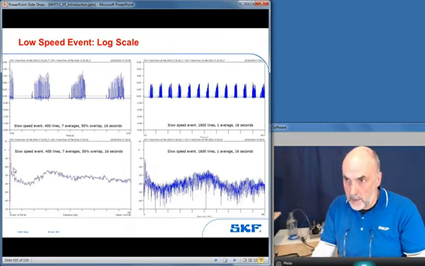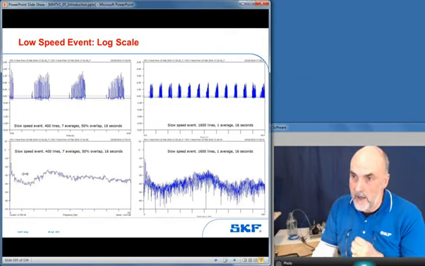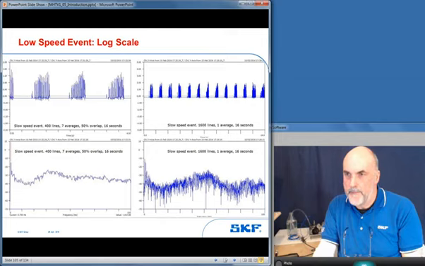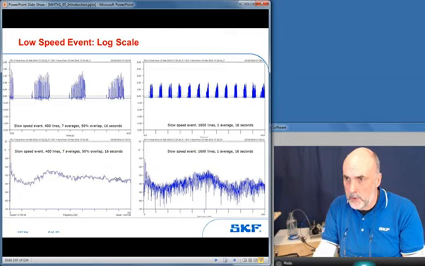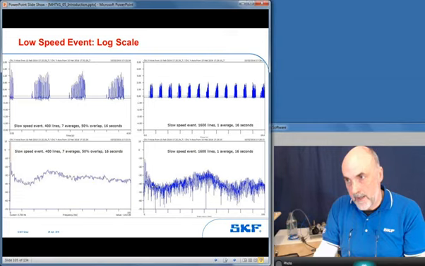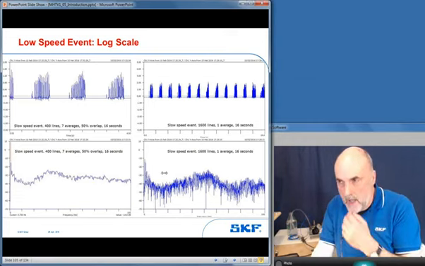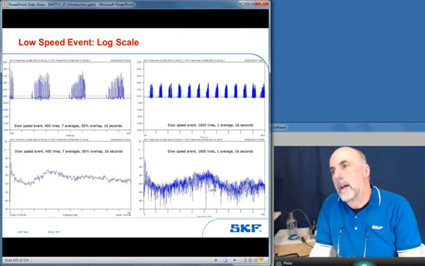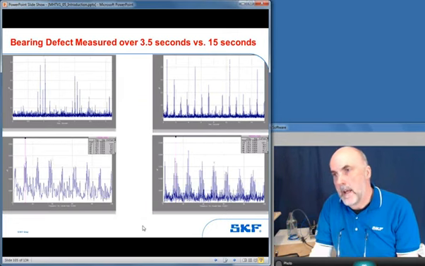If you get goosebumps looking at logarithmic scales, there it is in logarithmic scale. With a logarithmic scale, it's easier for your eyeball. Remember, I was talking about eyeball averaging and common sense and putting your eye through it. It's easier for you to eyeball average the data to look at where this thing called the carpet is versus your peak, but you can't see the harmonics. Whereas on this peak, it's more difficult to see the carpet, but it's easier to see the harmonics. Whatever method you prefer, certainly SKF recommends the right-hand method for measuring slow speed machines.